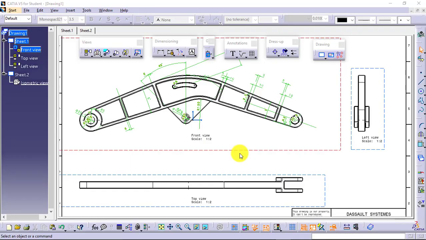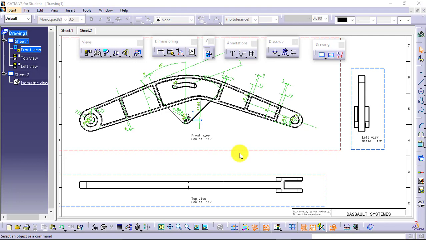In the next set of drafting or engineering drawing in CATIA V5, let's see how we can apply the annotations and what are the things that we have to consider or apply within annotations. We have discussed that in annotations we have dimensions with and without tolerances, GD&T symbols, feature control frames, text with or without leader, tables, surface finish symbols, and custom symbols.